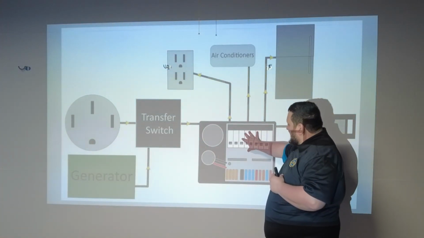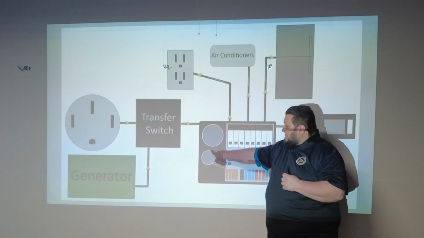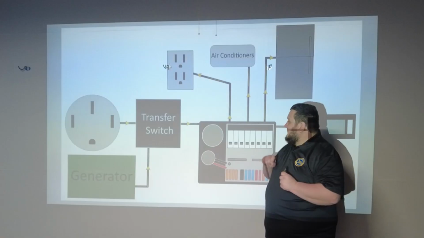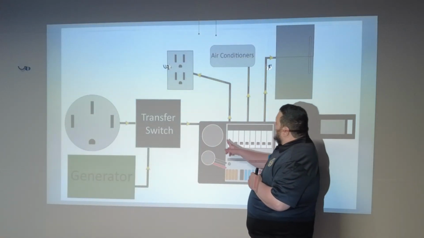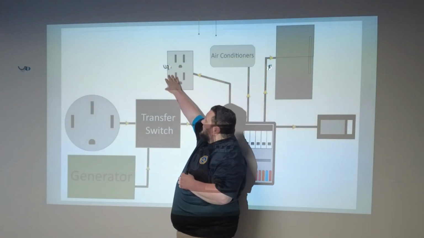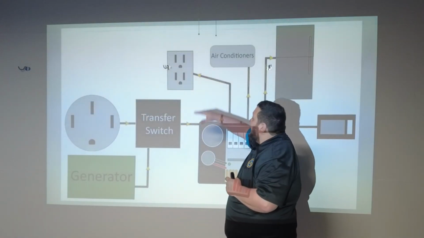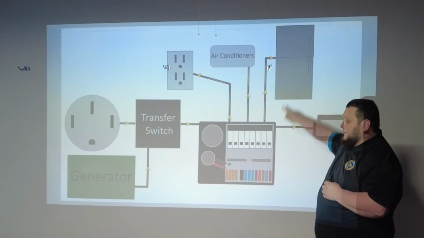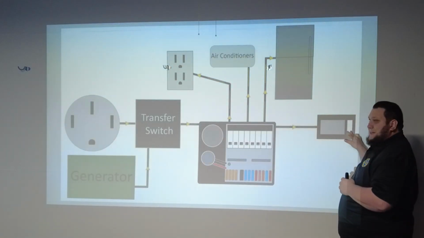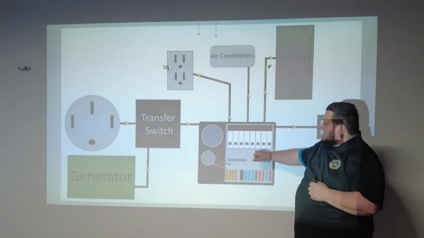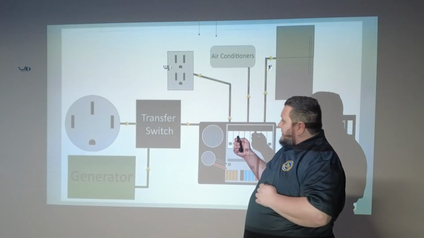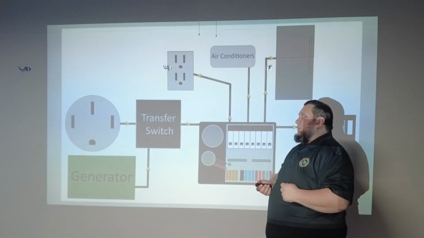From our load center here, we provide power a couple of places. One, we provide it down here to the converter. I'll be covering that in a little bit, don't worry. Then we provide it out to a couple different places. We go out to our receptacles throughout the RV. We send them to the air conditioners, we send it to the refrigerator, and we oftentimes send it to the microwave. So this is power going directly from here,